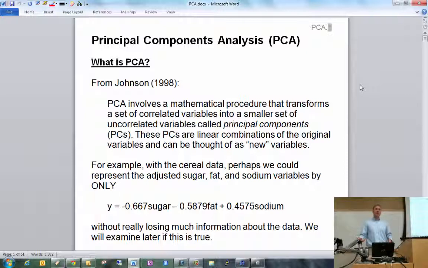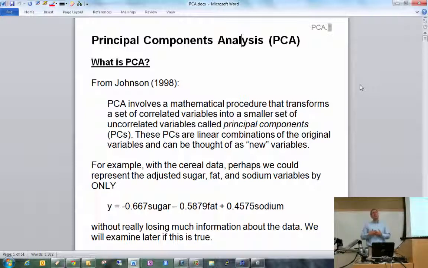So what you're doing is you have a multivariate data set. Let's say maybe you have 10 variables, and these variables are likely to be correlated in some way. Maybe some pairs of variables are more strongly correlated than others. And what you're going to do is basically find linear combinations of these 10 variables to form these new variables